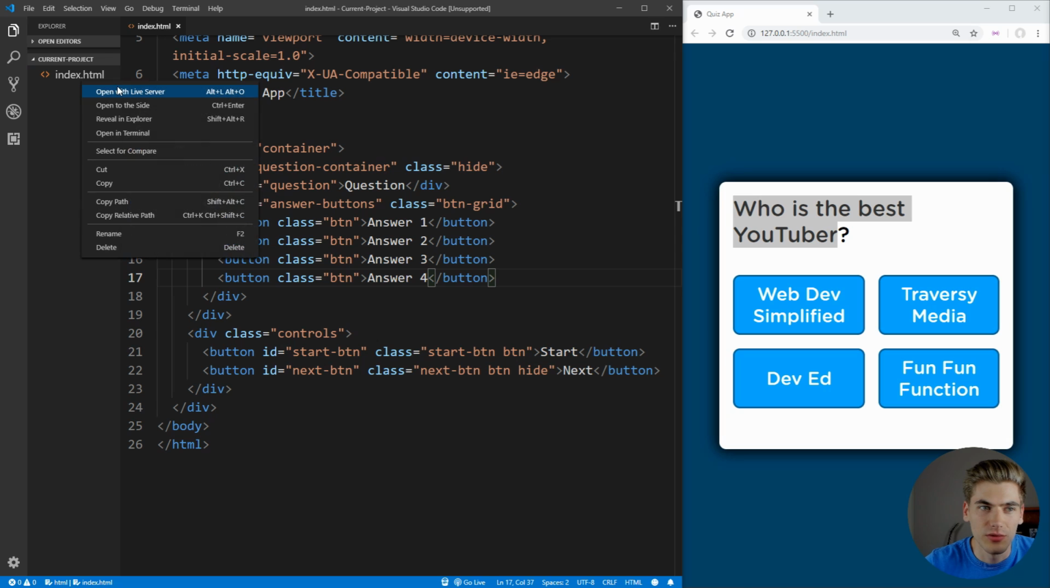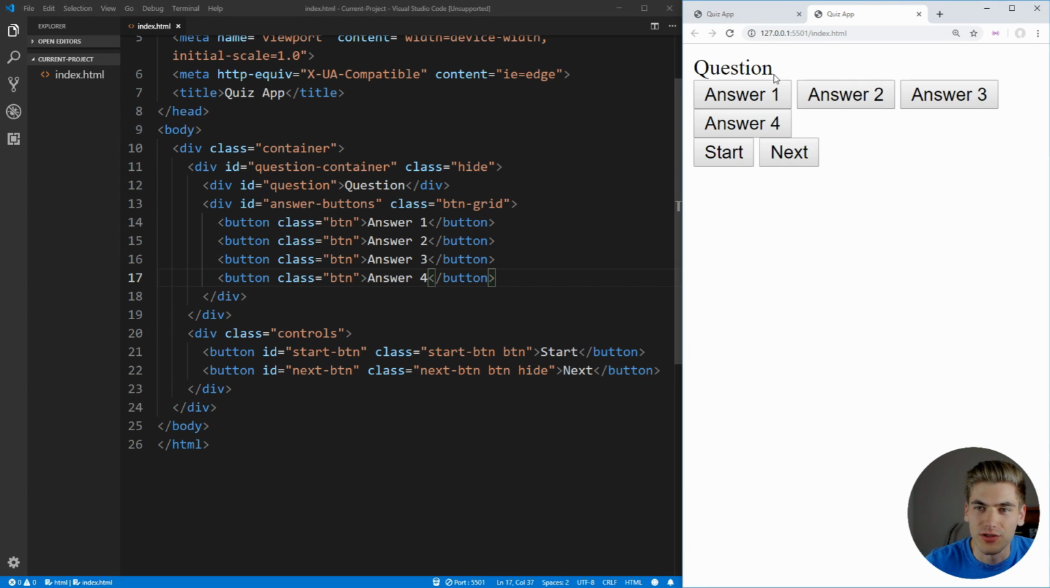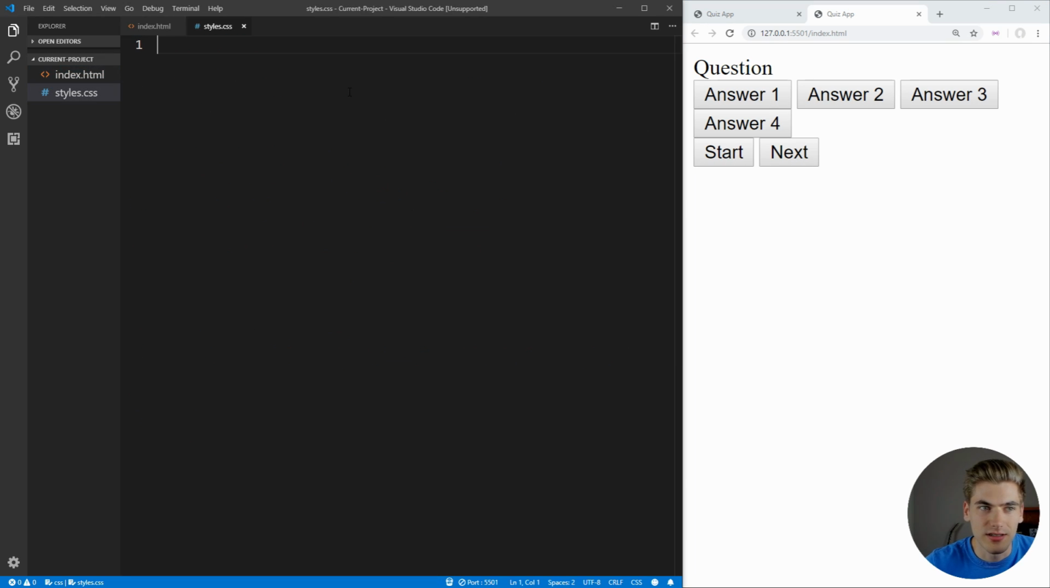Now let's actually open this with live server and see what we're working with, and as you can see we have our question text, our 4 buttons, as well as our start and next button. Now we can work on adding our different styles and our different JavaScript, so let's create a styles.css as well